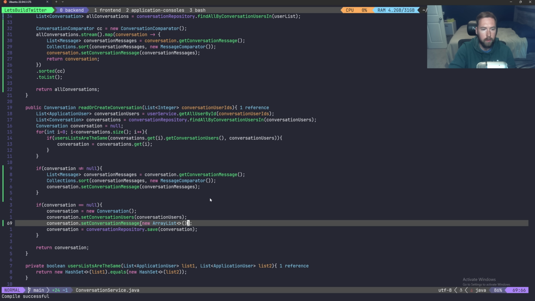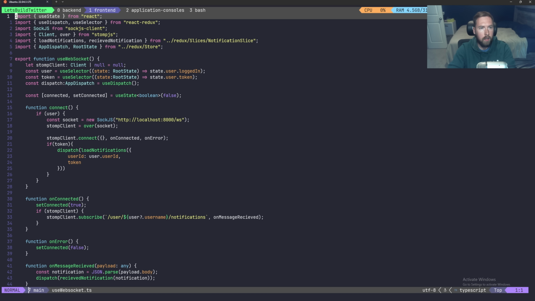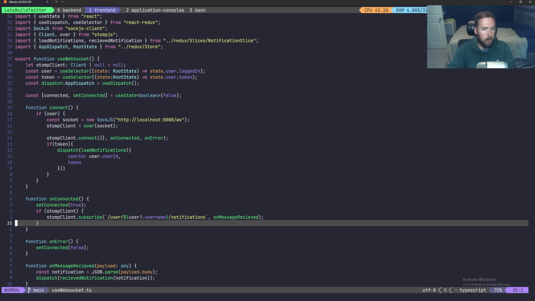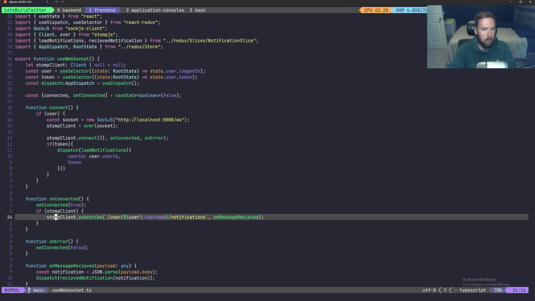and they display properly. So now let's hop onto the front end and set up so we can actually receive messages, and we'll have to do a few tweaks here and there as well. But let's get to work here. So on the front end, we're going to start out here inside of our use WebSocket hook. And what we need to do is whenever we connect to the Stomp client,